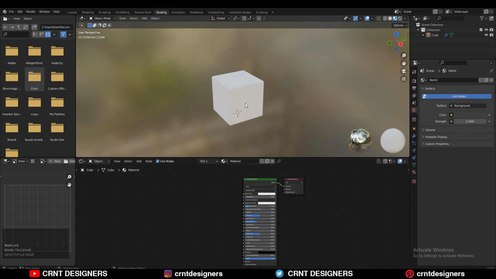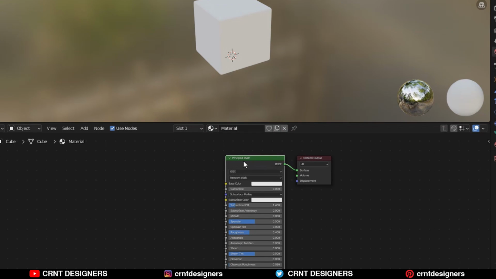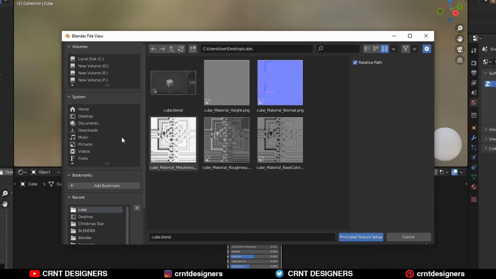Now I want to give the textures to this cube, so I need to bring in the textures. One method is that you can just use drag and drop to import your texture files here. With the help of this add-on, we can bring those textures and connect them to this Principled BSDF with one click. You need to select this Principled BSDF first and then press Ctrl Shift T, and it will browse that folder. And here you can see the texture files.